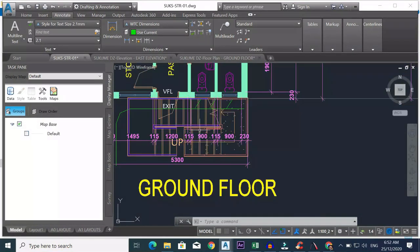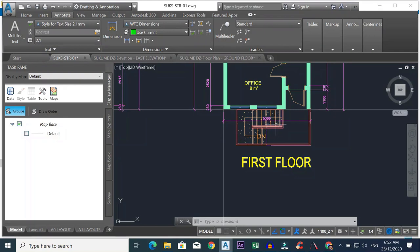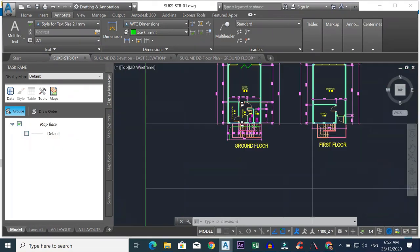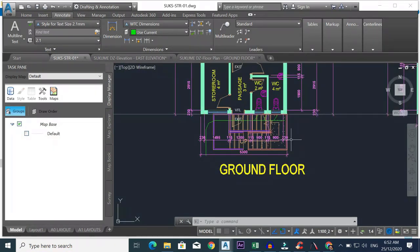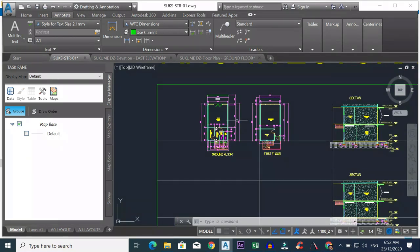And if you go to the ground floor, what you're going to check is the stairs are not connected to the building, in the sense that they're not monolithic with the building. These are actually going to be steel stairs. I talked to the architect, and they were actually done by a different firm. These are guys who just specialize in steel, so they were doing the stairs for them, so you don't have to worry about this. But whenever you get a drawing from an architect, preferably someone who uses Revit or uses AutoCAD. This guy uses Revit,